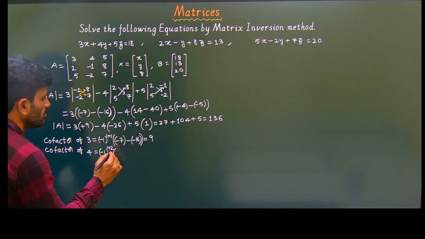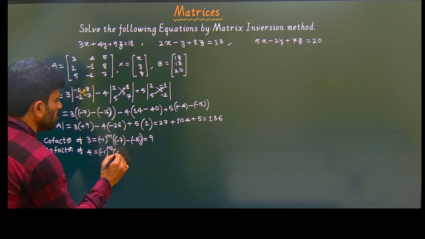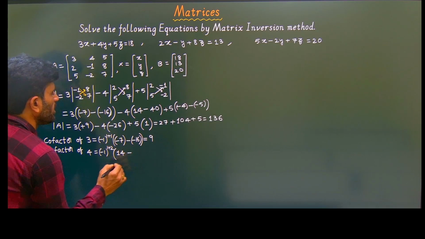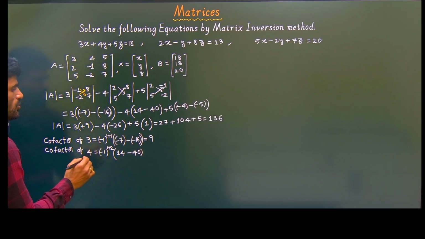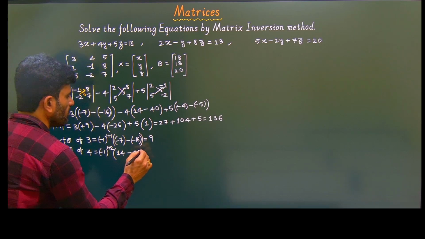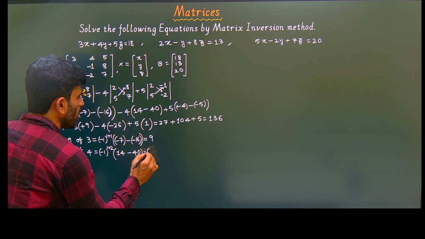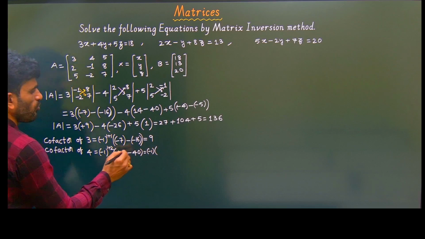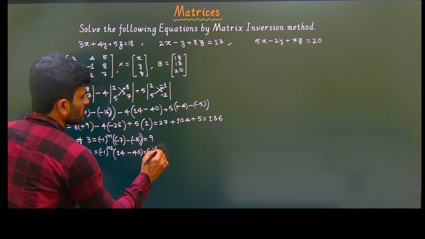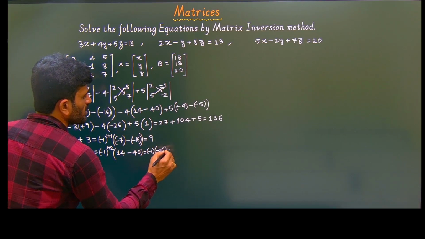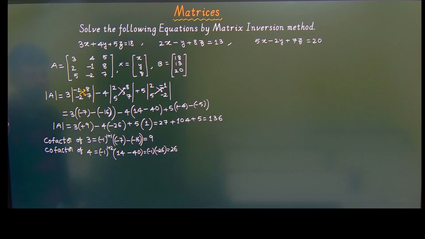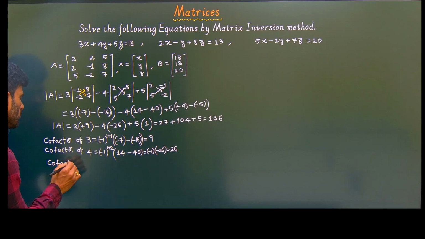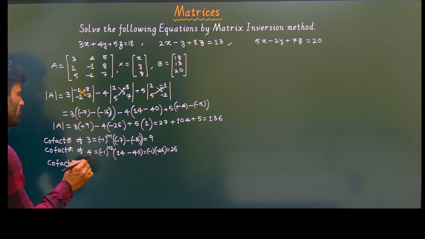So 2 sevens are 14, minus 5 eights are 40. So it is going to be minus 1 whole to the power of 3, minus 1 into 14 minus 40, minus 26. Minus 1 into minus 26, which is 26. So that is cofactor of 4. Now in the same way we have to find cofactor of 5. Cofactor of 5